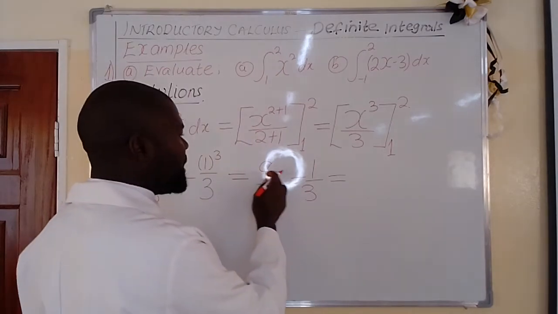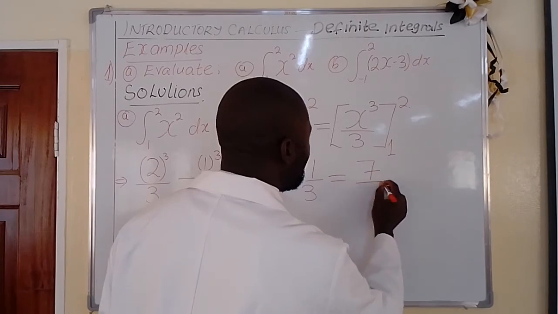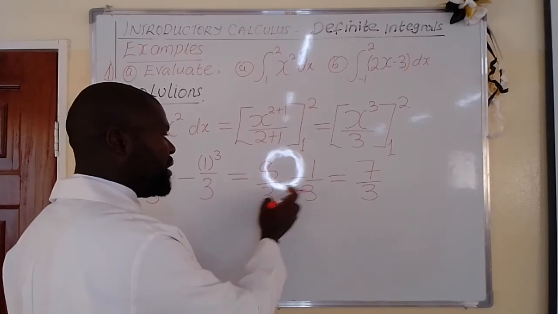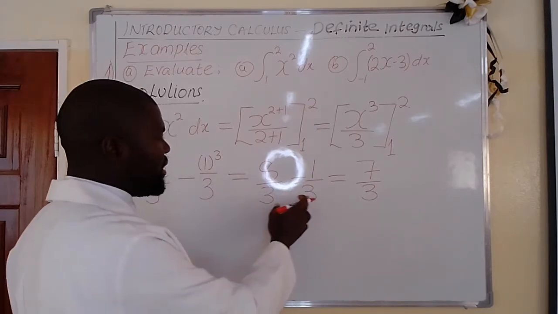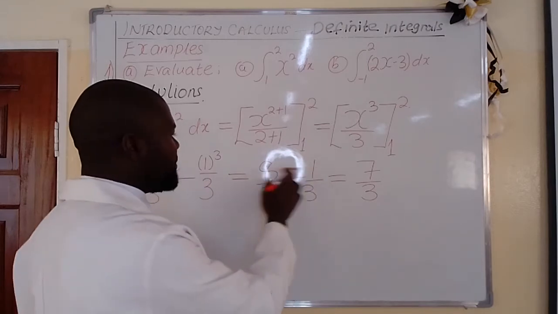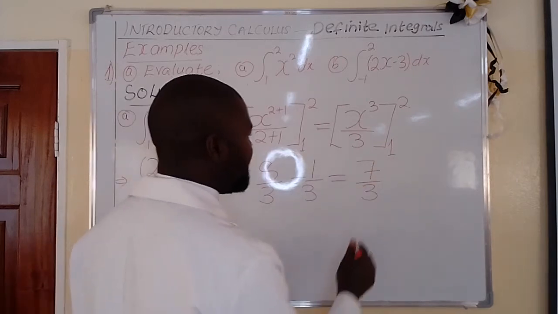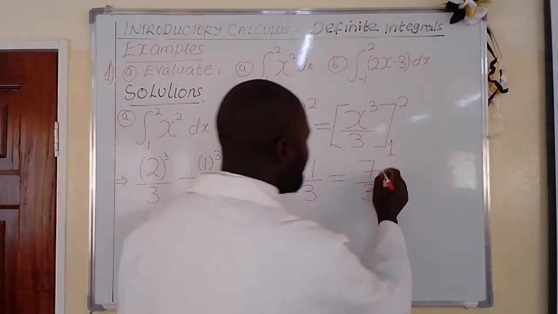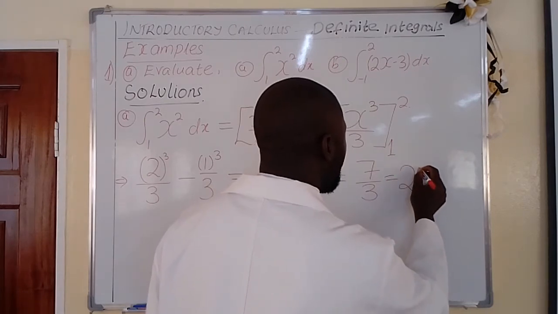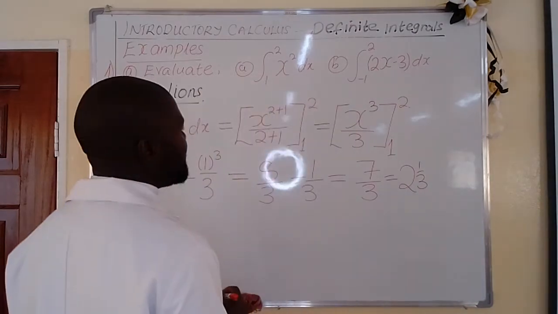So we shall just say 8 minus 1, and we shall get 7 over 3. We have done this because the denominator is the same. So when the denominator is the same, we just subtract the numerators as we have been given. 8 minus 1 is 7. So 7 over 3 or 2 and 1 over 3 is